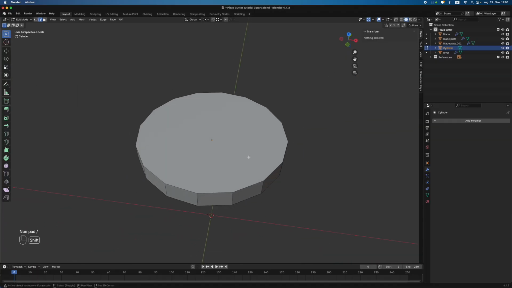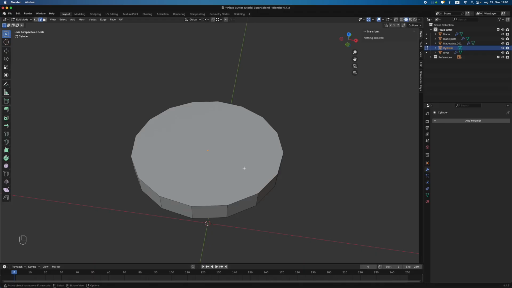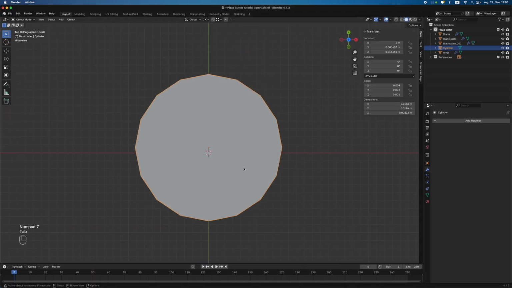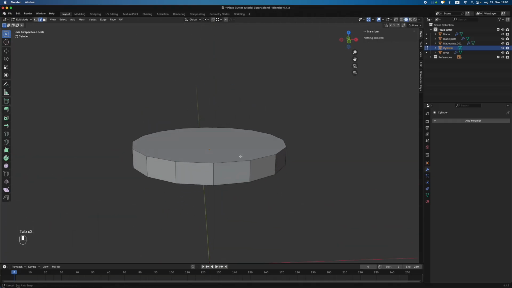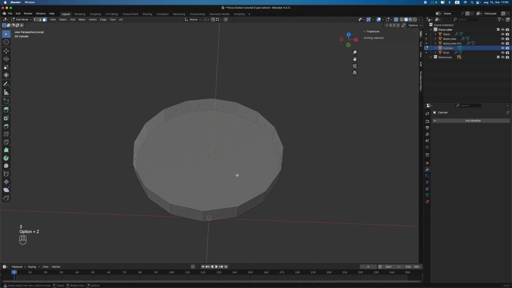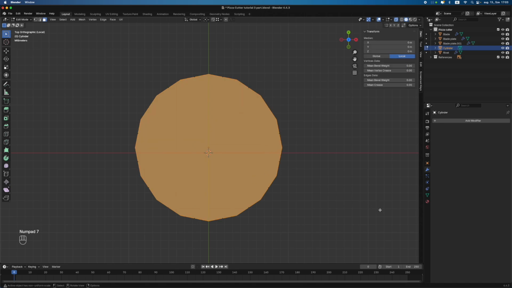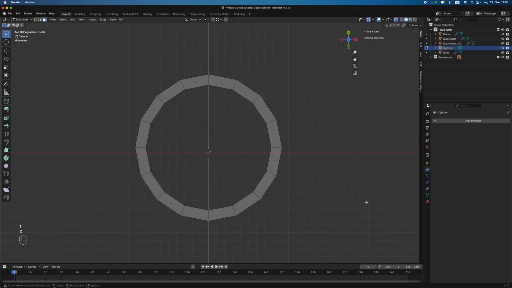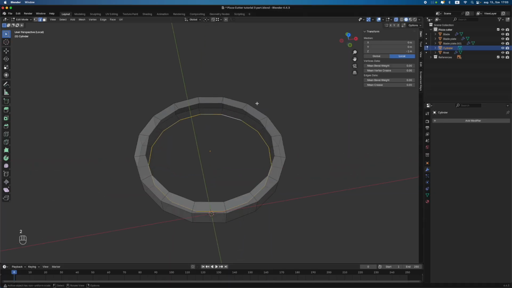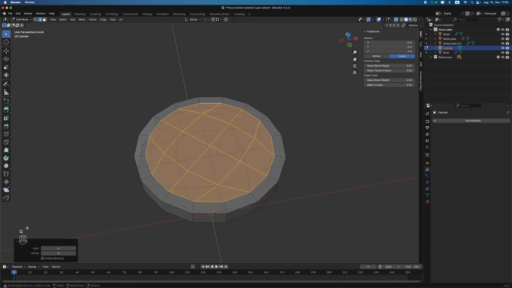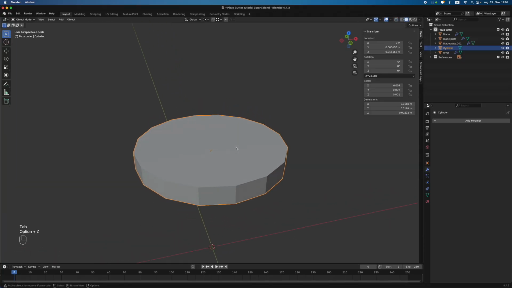I'll isolate it with period. I want to go to the top view with 7, then go to edit mode, and I want to select these faces, I to inset, X to delete, then grid fill these, match this, then grid fill these. I want to apply the scale of it, so Ctrl A, scale,